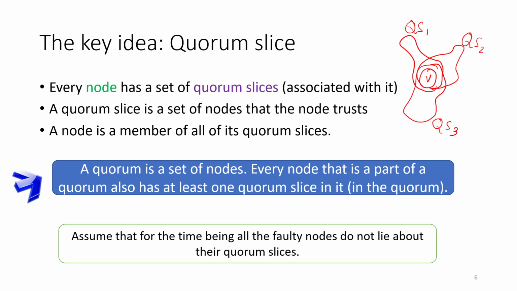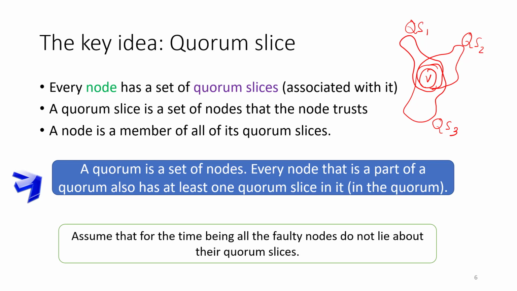So this is very easy to do in the sense that if you have a large network, the node will trust its system administrator, and if there could be multiple system administrators, it could trust them. That could be one quorum slice, or a node could trust the machines of some colleagues, or a node could trust the machines of some students. So then, as you can see, we have three quorum slices over here. We are not restricted to one.